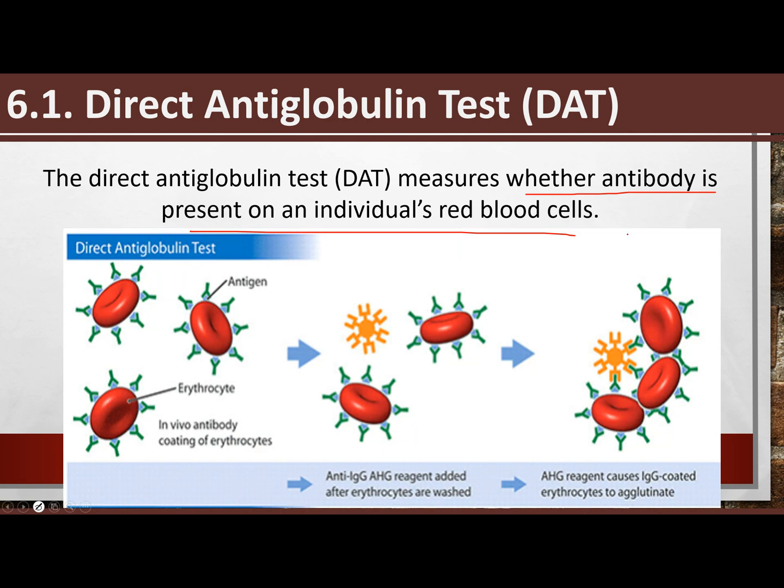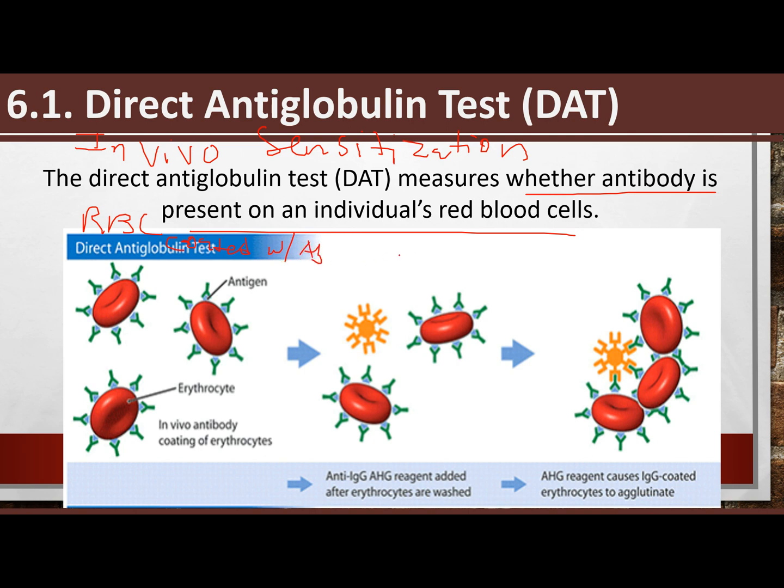So this is an example, class. Here, to simplify, I want you to remember this. If it's DAT, or direct antiglobulin test, you are detecting for in vivo sensitization. When you say in vivo, inside the body. So this is the procedure, class. Here you would get your RBC sample. Now your RBC sample, let's presume, is already coated